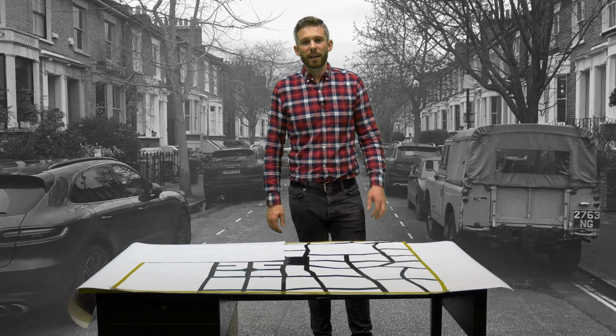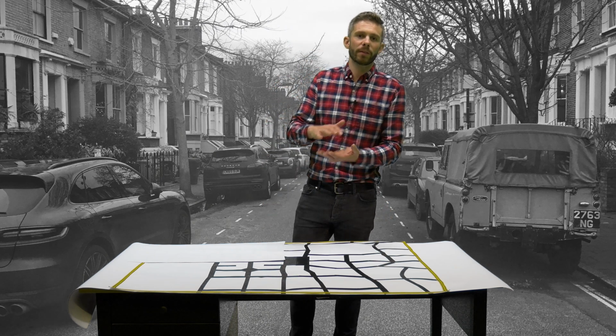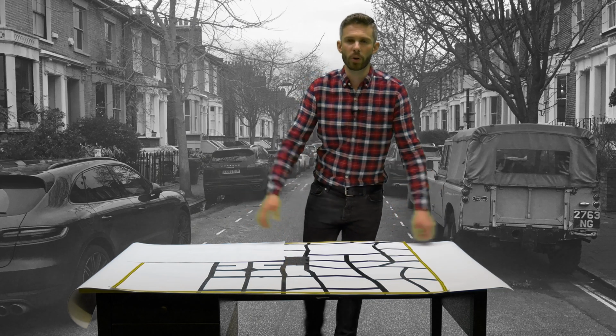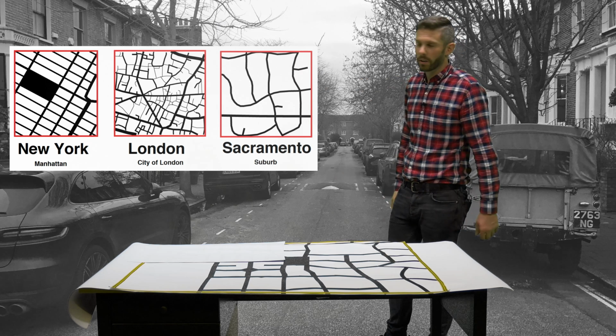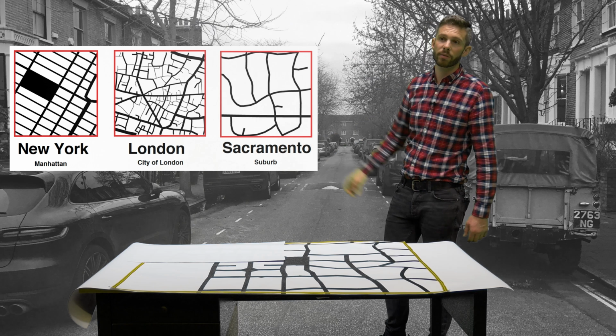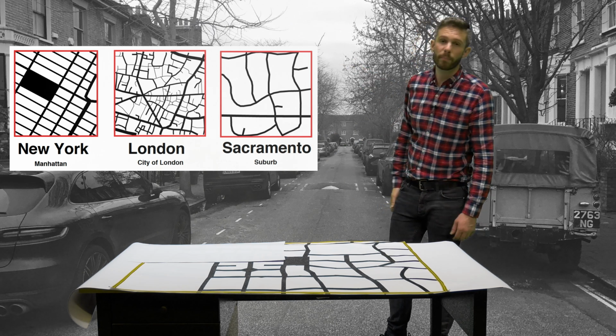Well, previously I asked you to think about streets as one of those layers that build up in the city, but actually streets, we also have to think about them as a network, or a grid if you like. Think of New York. That's probably what you think of when I say grid, but London, Sacramento, they're all grids. Different types of grids, but they're all about the same scale, and that grid has a big impact on how